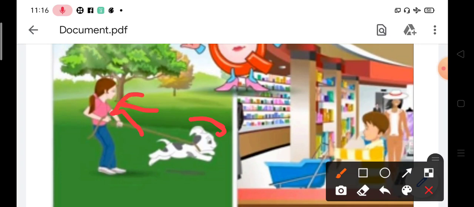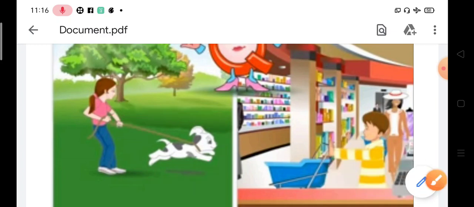So what happens over here? To decrease the speed of the body, she is trying to decrease the speed of this puppy, and the applied force must be in the direction opposite to the direction of the motion. So she has to decrease the speed of this puppy. So she is applying the force in the opposite direction. Okay, got it?